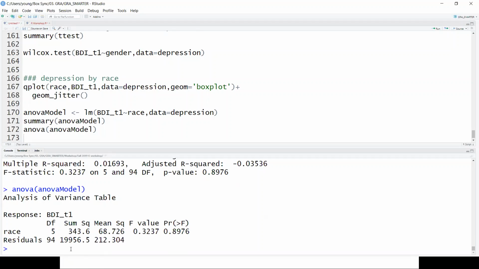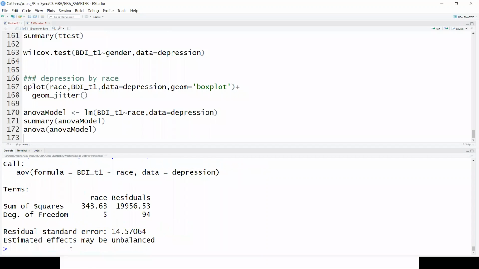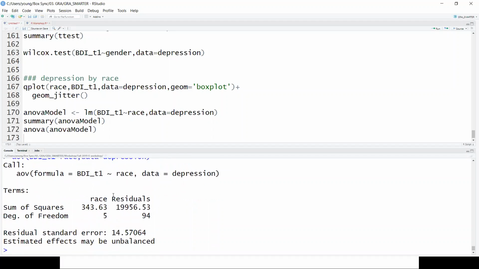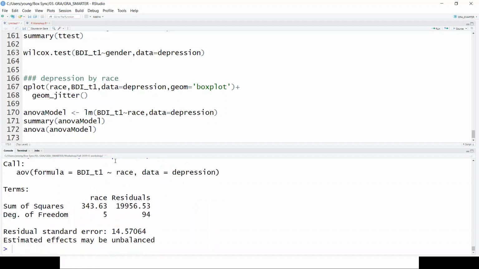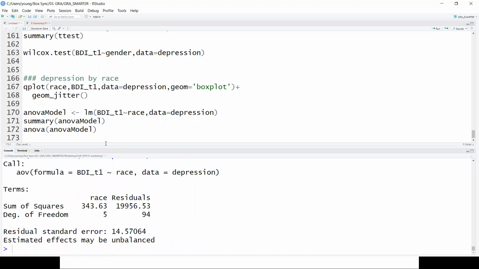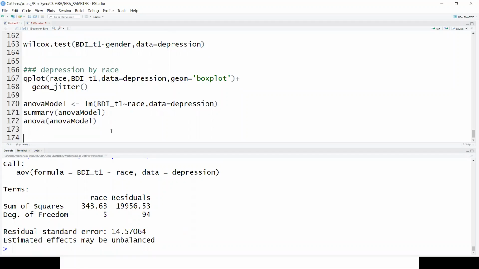Another way to do it is, if you use AOV, it can give you a different kind of image. Oh yeah, I see. Yeah.